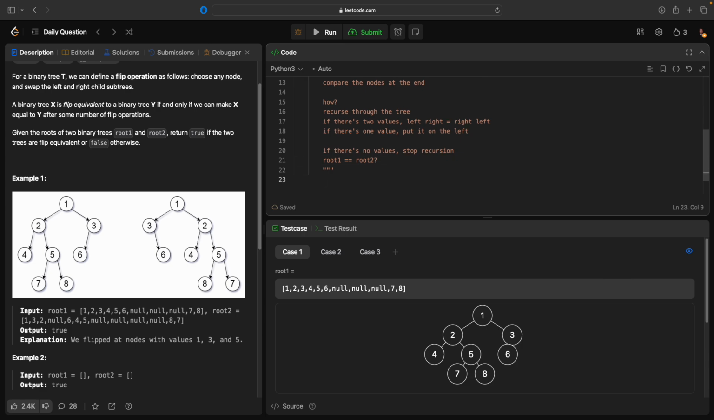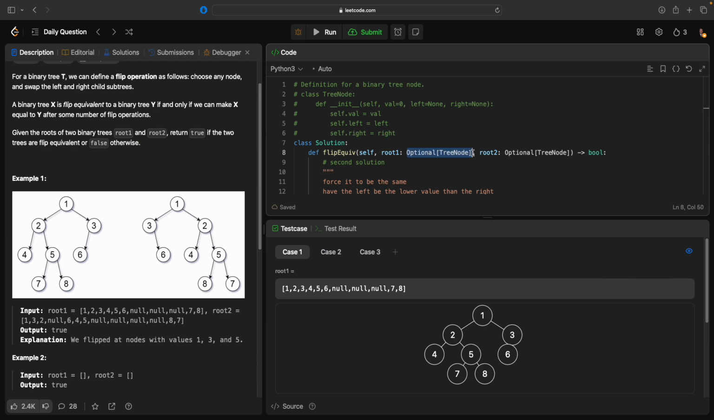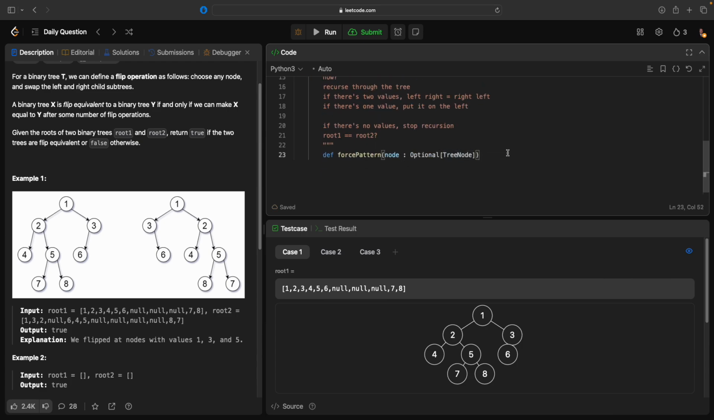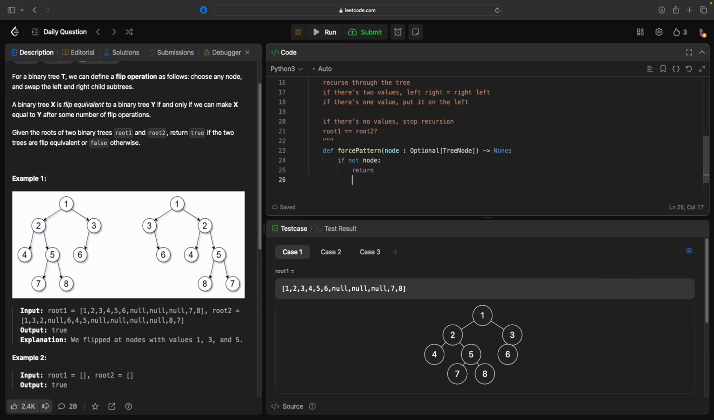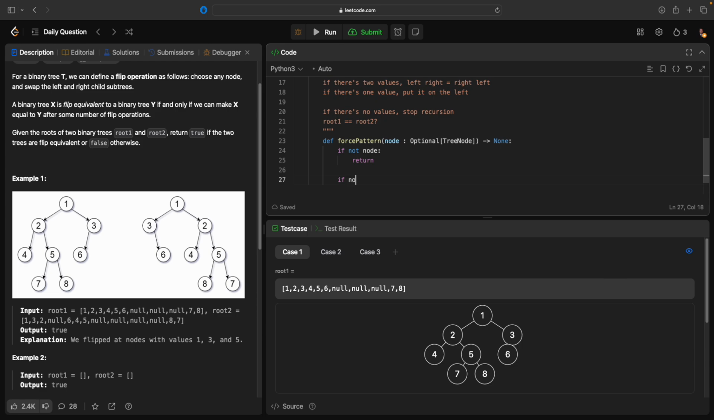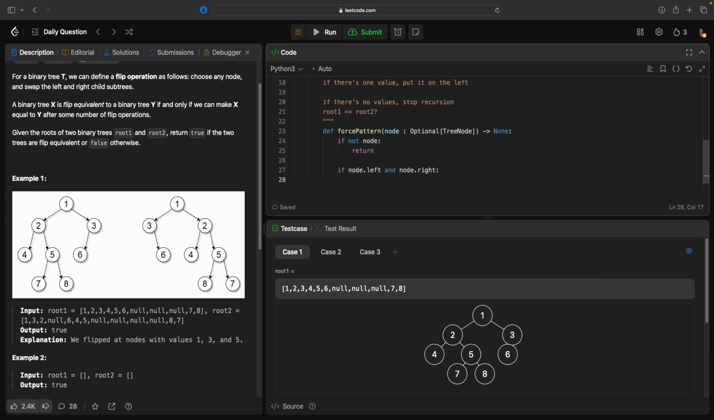Let's do this. We'll define force pattern, and this is going to take in just a node, an optional tree node, because it could be nothing. Well, it won't be nothing, but it could be. And this is just going to return nothing because it's actually altering the nodes in place. Okay, so first we say if not node, return. Otherwise, we say if node left and node right, so if there are two children, then